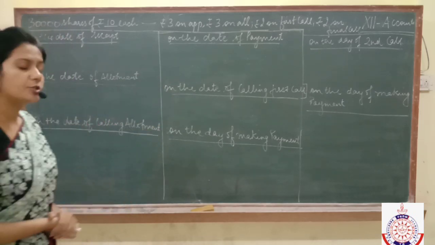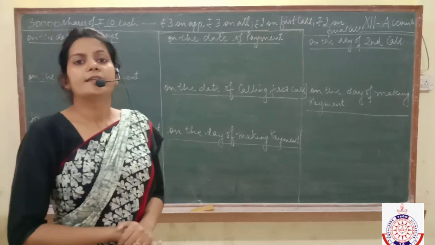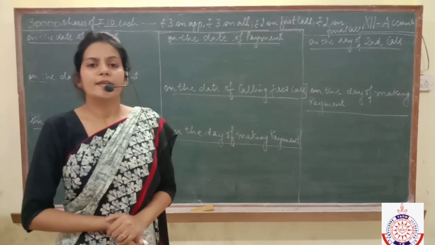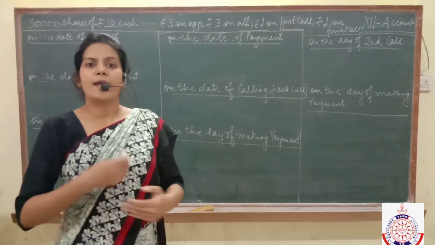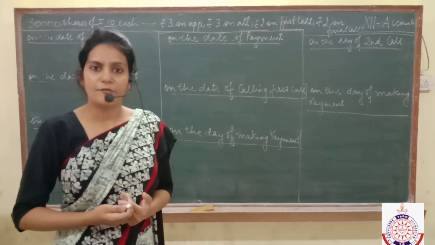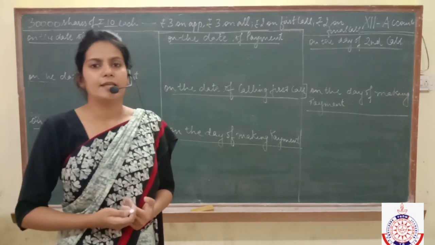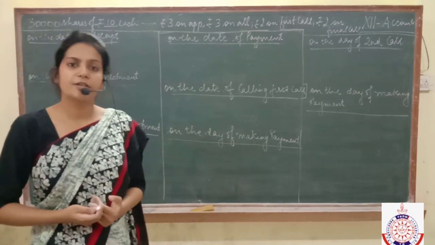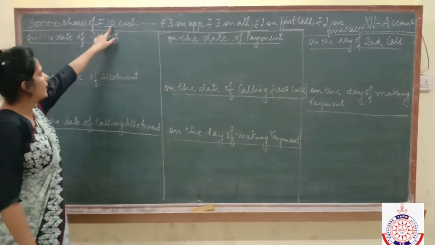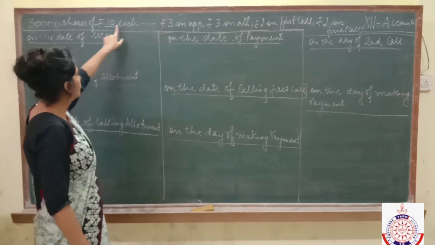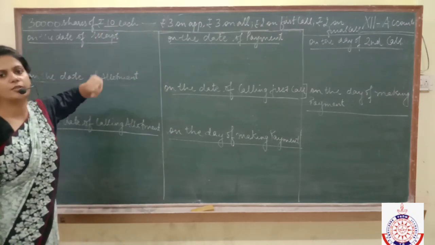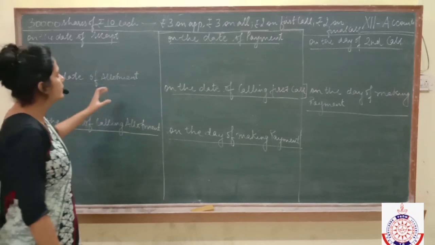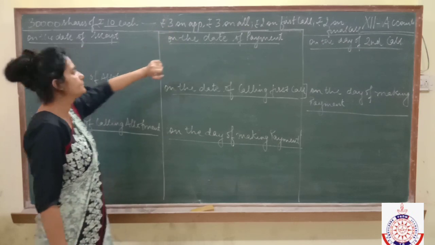Now, as I explained in the previous introductory video, first of all, we need to buy the prospectus of the company so that we can apply for the shares. It means for applying for the shares, first of all, we have to pay application money. And application money should be at least 25% of the face value of the share. So here application money is rupees 3, which is more than 25% of the face value. Face value is 10, its 25% is 2.5, but here our application money is rupees 3.